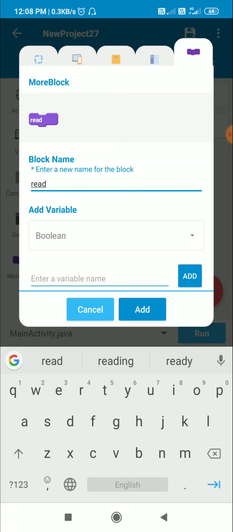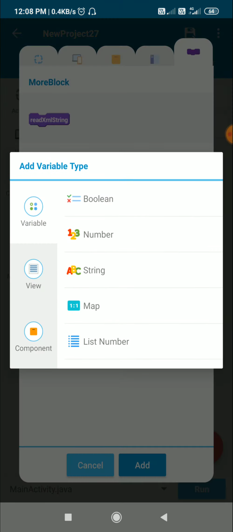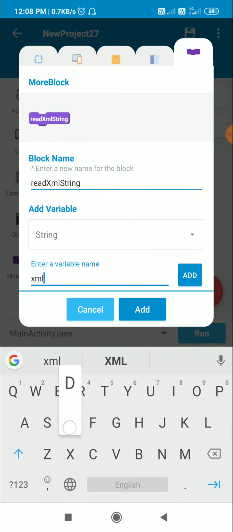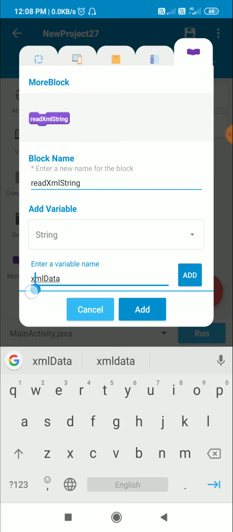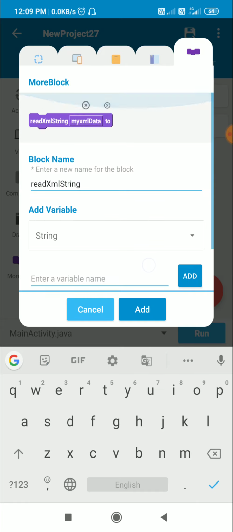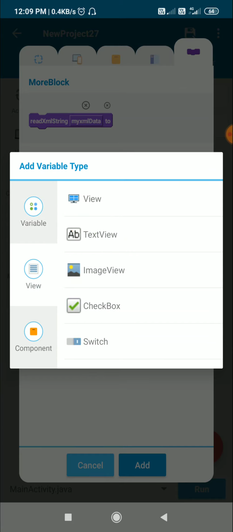So here I will create a more block, read XML string, and here I will add a string variable XML data, or you can name it like my XML data, and I will display it to read XML string my XML data to a text view.